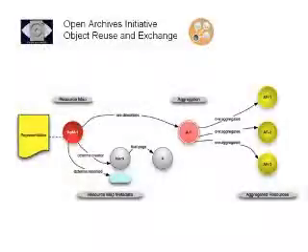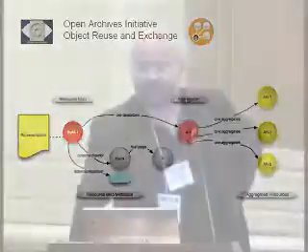So what this says is that you can collect a number of entities together in an aggregation, and that aggregation can be described by some sort of resource map. And we've used exactly that model for the packs in MyExperiment. So that's really a hook into other things in the conference. So that gives you a feel for what it is.